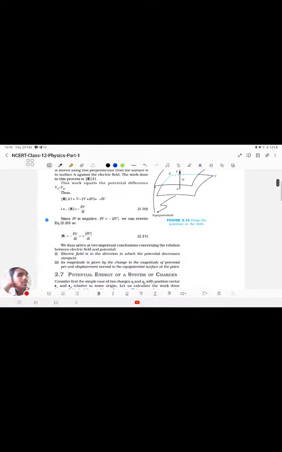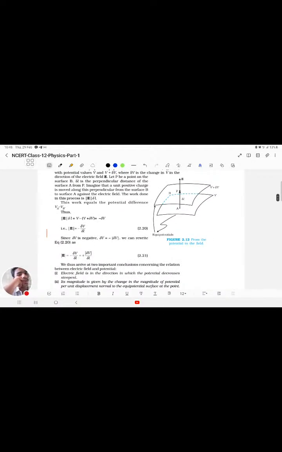So basically, I am considering two equipotential surfaces which are closely spaced. Let's say one surface has a potential V, then the other one will obviously have a differential change only, that is delta V. And let's say there's a point P on the surface B, and delta L is the perpendicular distance of the surface A from B. Now we will imagine a unit positive charge is moved along this perpendicular from surface B to surface A against the electric field. So the work done in this process is mod of E times delta L. Is it so? Why is it so? Because...